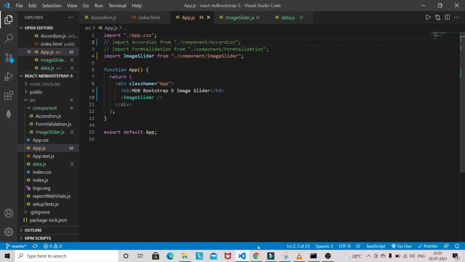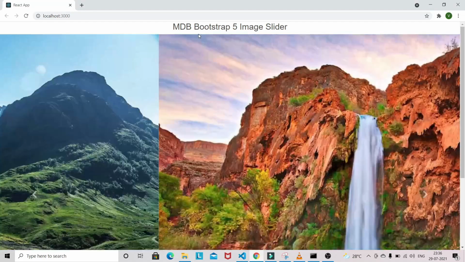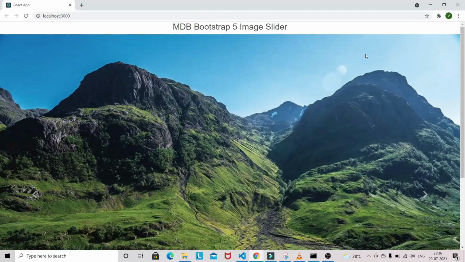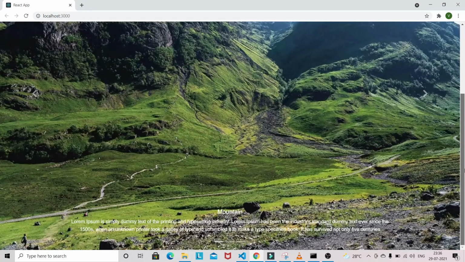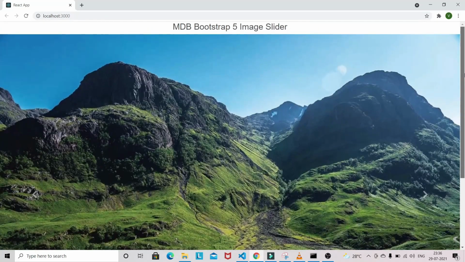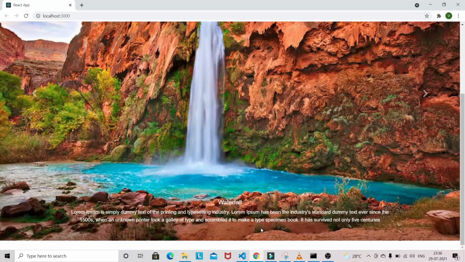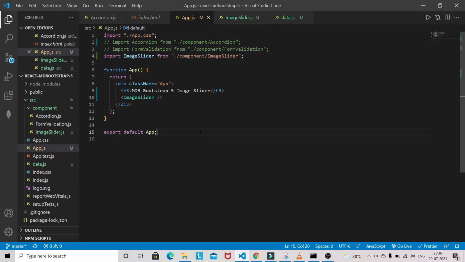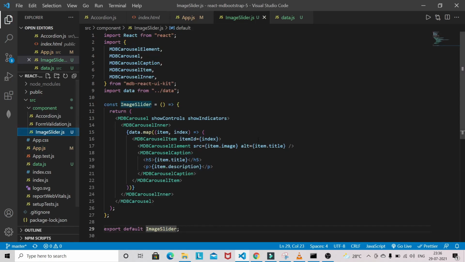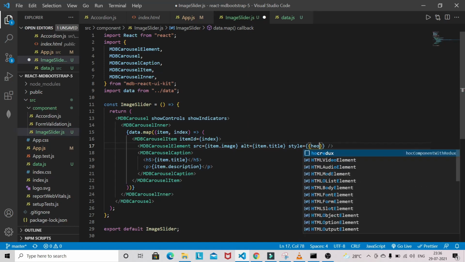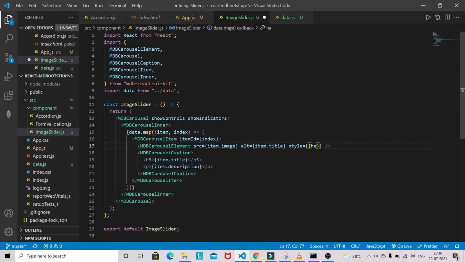So let's go into the browser, and you can see that the height of the image is not looking good. So what we can do here, we can go to Visual Studio Code and adjust the height. We can give an inline style here, and we need to give our own height.